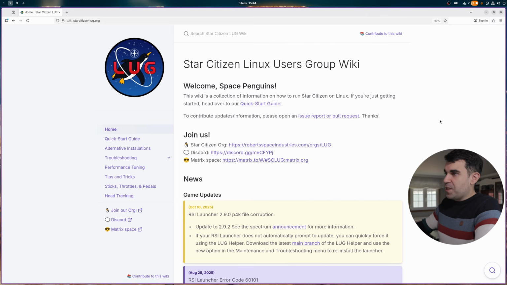wiki.starcitizen-lug.org, and this will take you to the Star Citizen Linux Users Group Wiki, which is a community wiki done by the Linux community in Star Citizen, which is a fantastic resource on how to get the game running on our operating system of choice. And also little tips and tricks on how to get sticks and the performance and all that working properly inside